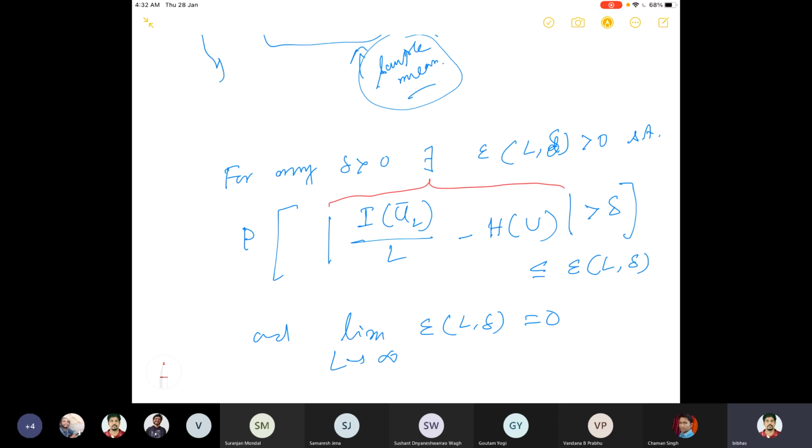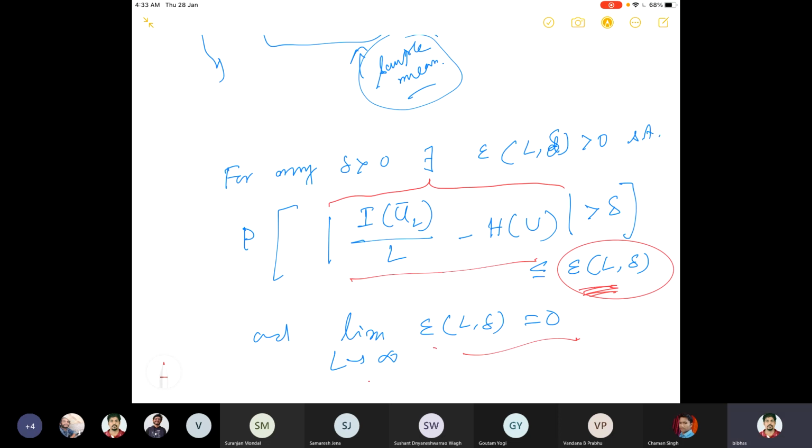Because this modulus is always positive, that's why you need delta to be positive, because distance is always non-negative. So delta is positive. Whatever small you take does not matter, the probability that this difference will be bigger than delta is very, very small when L is large. Because when L is large, this epsilon L delta goes to 0. That means this probability is very, very small, arbitrarily close to 0. That means the probability of the event that this difference is bigger than an arbitrarily small number is very, very small,